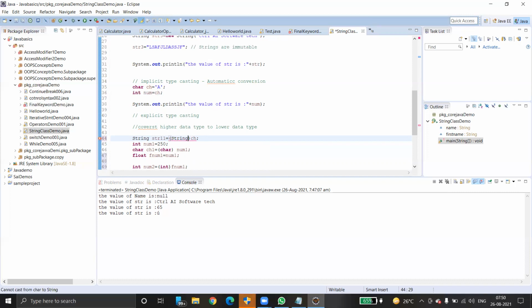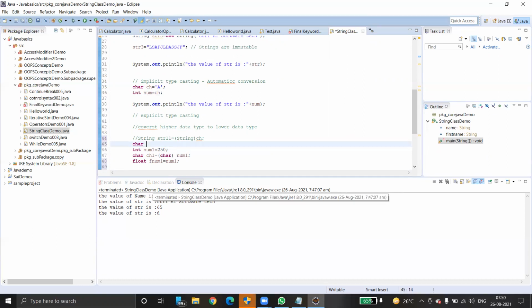Suppose similarly the same condition, if you take, just remove it. Character we have already. So I'm just converting a string. We have string str3. Character str33 equals to str3.